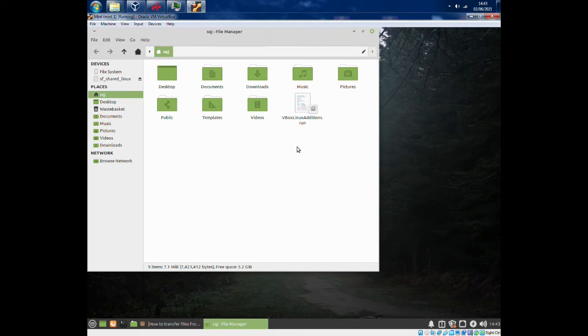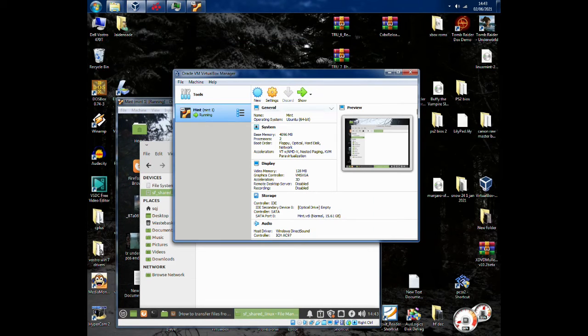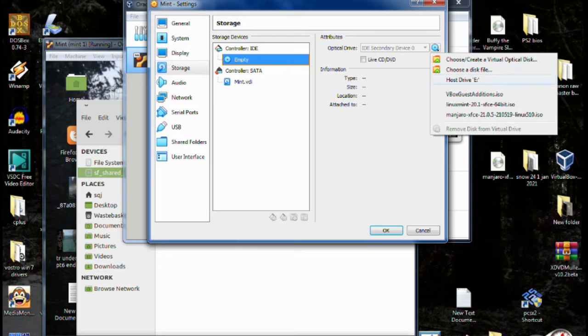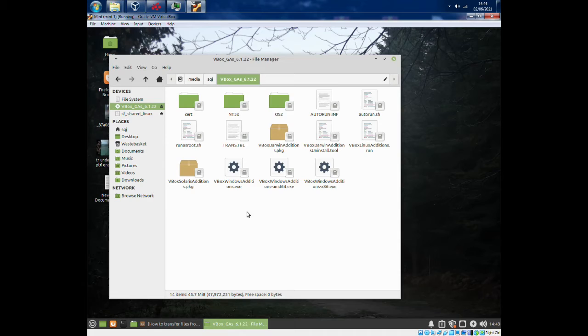to the host. The Linux thing was, where is it? Is it here? No, it's not here, is it? What you have to do is, as a basic thing that I did, you have to go and give it the, where it says storage, you can go and give it the editions thing, and then when you go into the OS, there it is, and the thing you had to copy over was VBox Linux Editions, I think it's that one, and you put